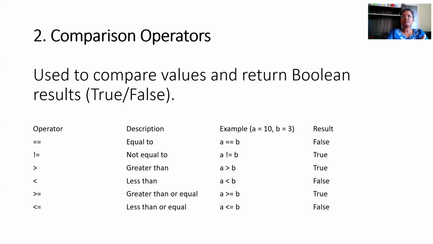So when you are trying to compare the results with the previous data, we have to check whether it is greater than or less than, greater than or equal, or less than or equal. To analyze the past history with the current data, the comparison operators play the major role.